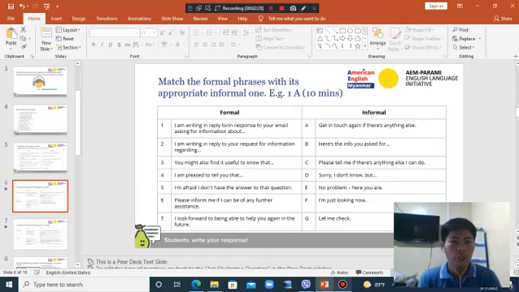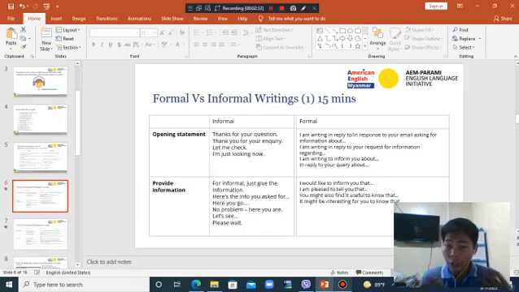Next, in this slide we start learning how we reply to an email formally or informally. These sentences are not just for email writing. Sometimes you may have to reply on chat or online platforms, not only emails, so you need to reply promptly, right?